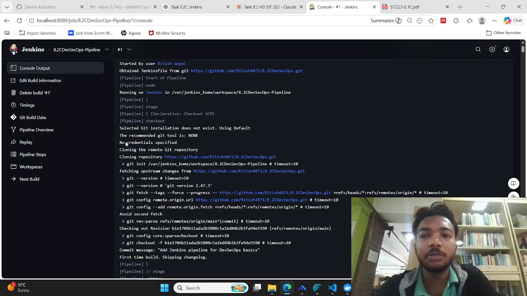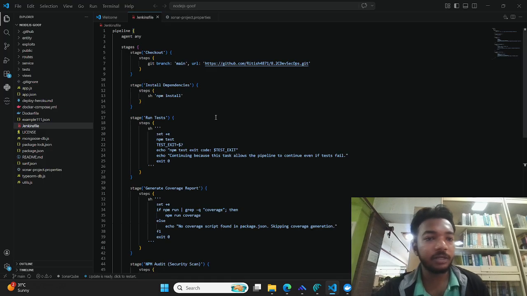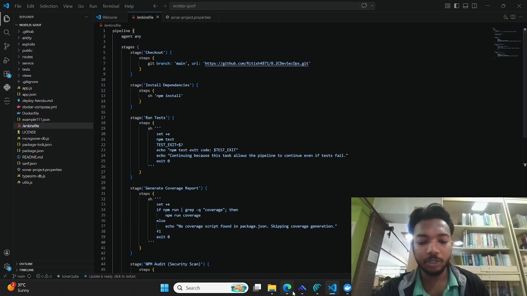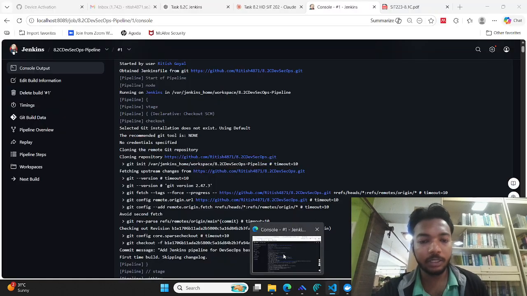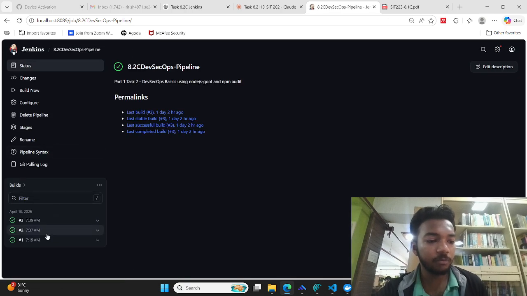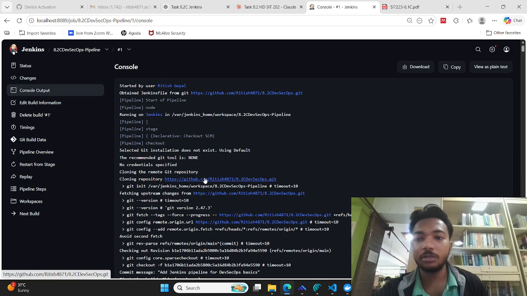Because the pipeline is connected to GitHub, it can fetch the latest code and it can be triggered automatically after a new commit. So I will provide you an example. In my VS Code, I have made the second file for part 2, and when I push to GitHub, the build run automatically triggers. As you can clearly see, we have 3 builds already. When I pushed this second file to GitHub, these 2 builds ran automatically because I pushed the file 2 times after making some changes.